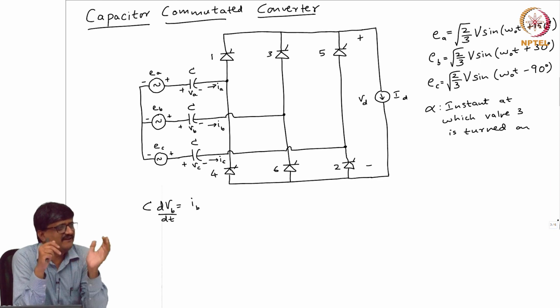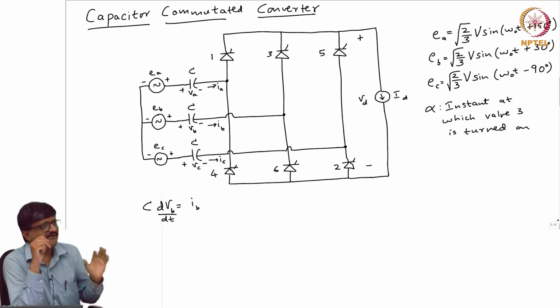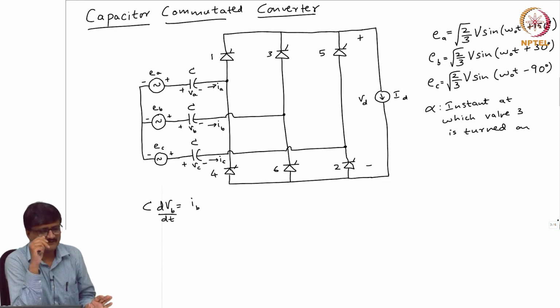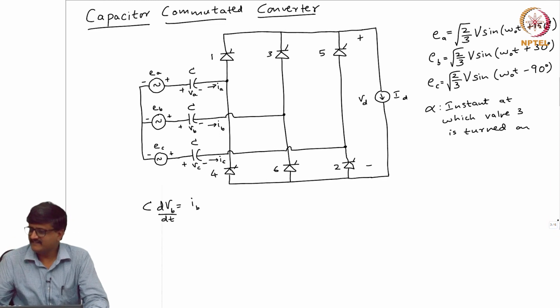So, any DC value will decay to 0. See, the resistor will ensure that, if you look at the AC side, any DC value will decay to 0 because of the resistor. Now, this resistor is something which is always present. Of course, we have not modeled it, so we have ignored that. Assuming that there is a very small negligible resistance, we can always say that the steady state waveform.